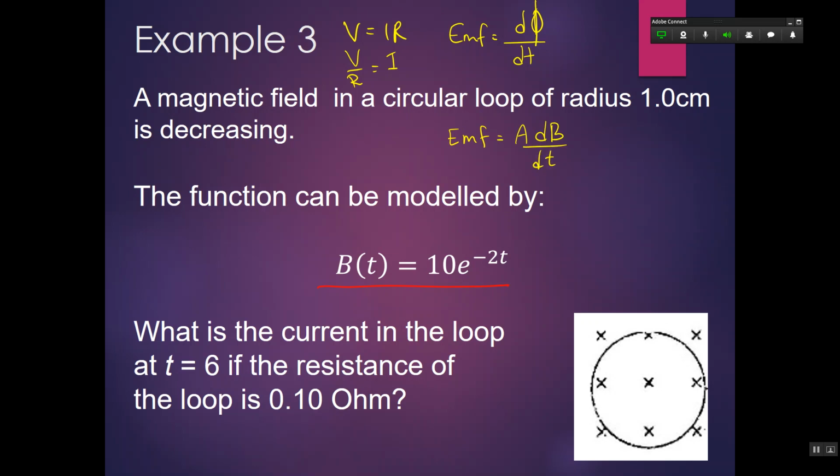So that means we need to know how to differentiate this equation. You guys remember how to do derivatives? Which rule would you use for this one? I guess this one is an obvious one. If you were to do this the long way, you could use substitution to solve this problem. You can also use the chain rule to solve this, if you don't remember the identity. So absolutely, if I were to take B prime of t, it would be equal to negative 20 e to the negative